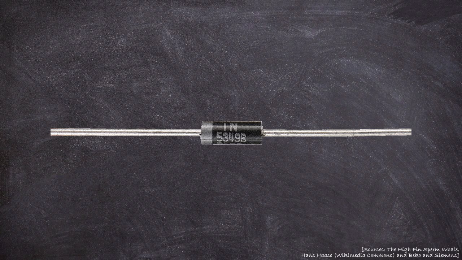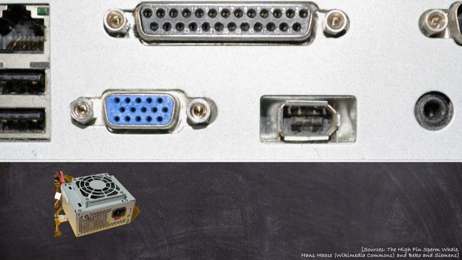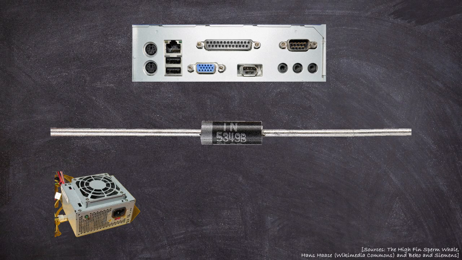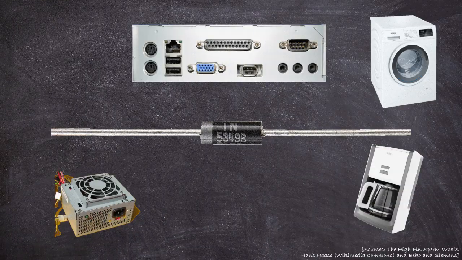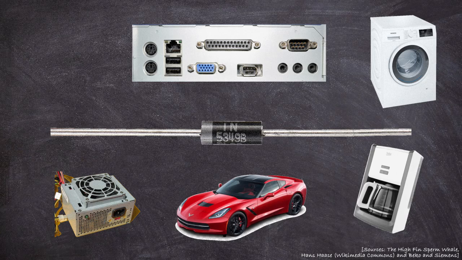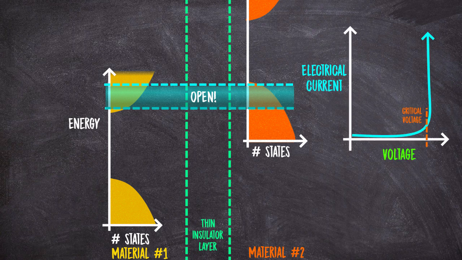You might find them in, for example, PC power supplies, or on the side of your computer you have things like USB ports. While there may be Zener diodes there to protect against shorts and surges, you'll also find them in simple circuits that control basic appliances like crockpots, coffee makers, maybe dishwashers and laundry machines. They'll also be in many automotive circuits like in your car's electronics, really all kinds of places. And that's all made possible by the quantum tunneling of electrons through this tunneling window, and the fact that this critical voltage can be engineered by controlling material properties.